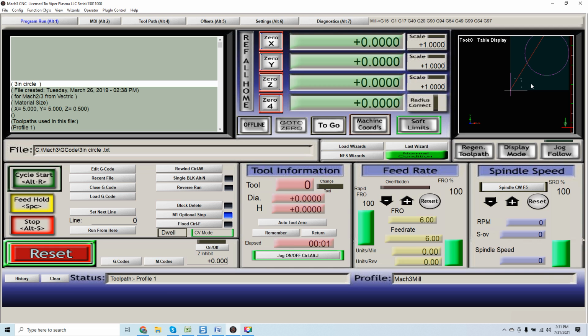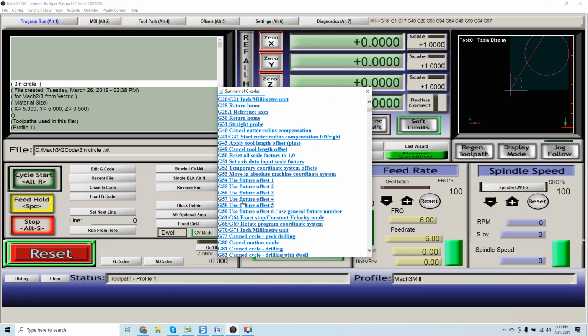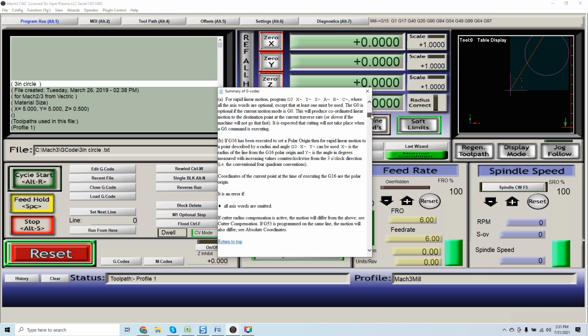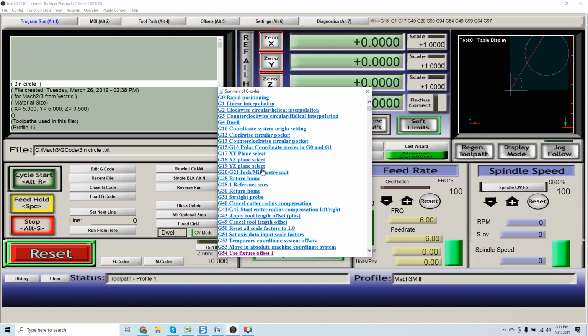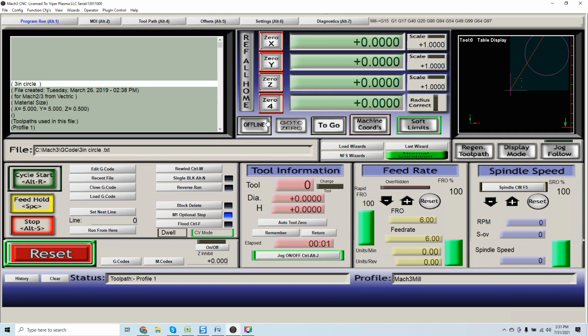Now, what I just taught you about using the G codes, and again, you can hit this button at any time. You can see anything you click on, whatever arbitrary thing you click on, it's going to go to. The cool thing about this is it's always here for you guys to reference, and you should get in a really good habit of doing it. Again, G20 is for inches, G21 is to convert to millimeters. Now, we know my default file format, or I should say my native unit format, is set in the metric system. So if this unit of measure for this file is in imperial, we would try, without a guarantee of use,